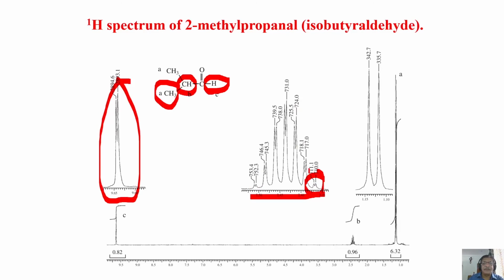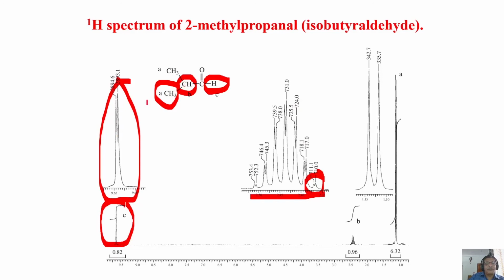You understand this? Now we can understand how the spectrum of 2-methyl propanol can be assigned. There is some peak which is coming around 9.6. This is the CH proton, at 9.6 ppm. Correct. Now we know this CH proton, if you carefully see, is a doublet. Why is this a doublet?